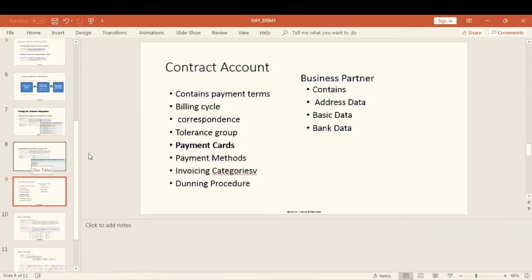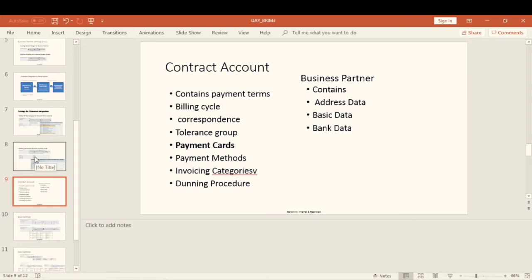Now we will see the settings for the contract account. So what is contract account in ECC? Yesterday we learned the business agreement in CRM. This business agreement is called contract account in ECC.